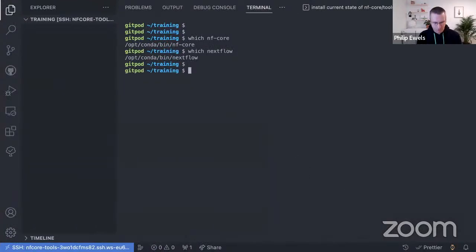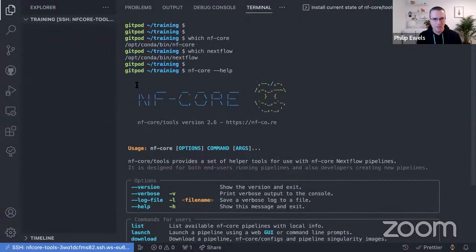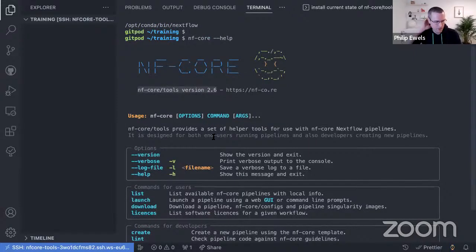So let's just double check we have nf-core. Let's do nf-core --help, and this should give some output that looks a bit like this. It tells us that we're running nf-core, and which version we've got. 2.6 is the version that was released last night. So make sure that's the version you're running, because we pushed that out in a bit of a rush,